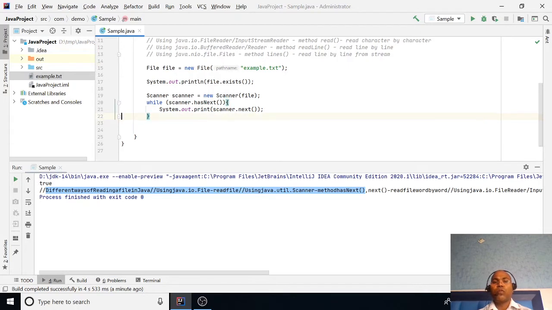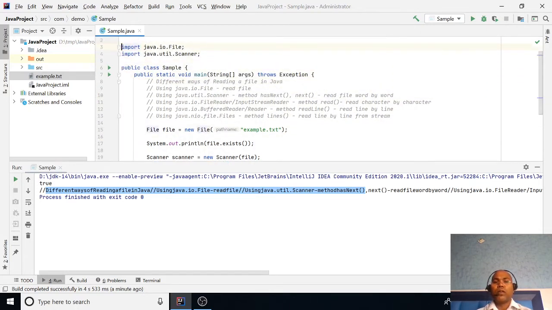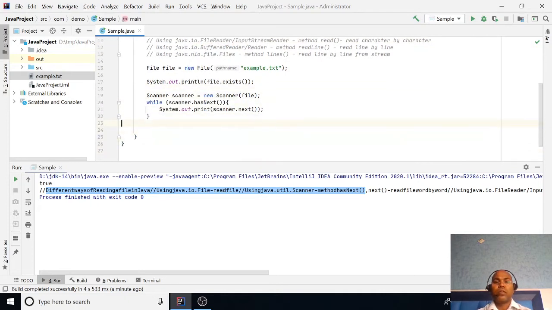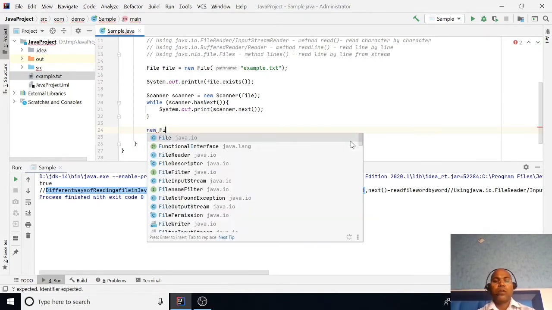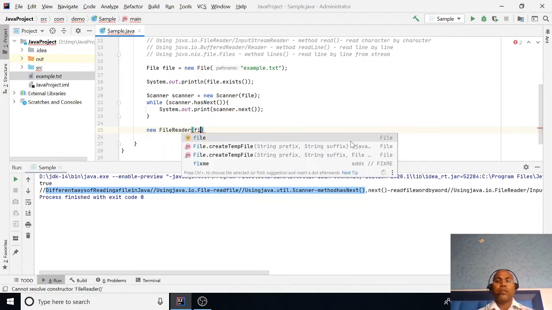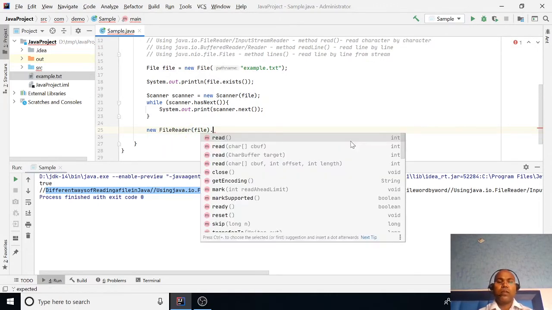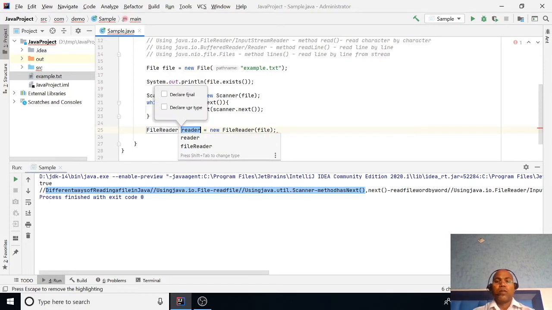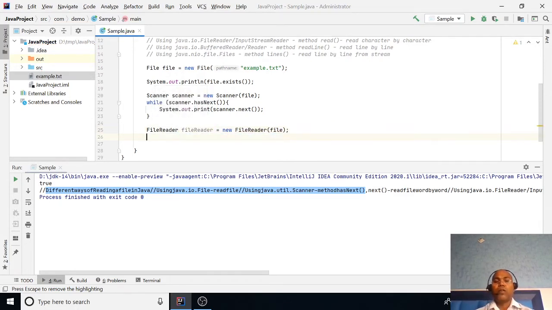So for those, we are going to use the Java FileReader class. I am going to create a new FileReader, and here I am passing my file. FileReader reads the file content character by character.